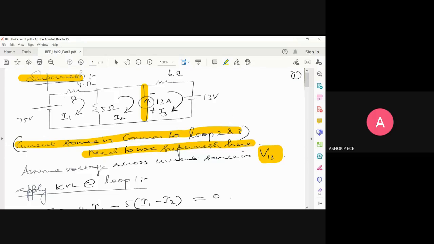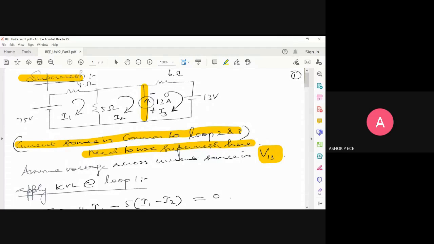When you write the Kirchhoff voltage law equation in loops 1, 2, and 3, you need to have either the resistance value or voltage value and the current circulating. But in the second and third loops, you have current circulating as I2 and I3, but additionally you have the 13 amp current also. So for that, I'm assuming the 13 amp current source to have a potential of V13, with polarity plus at the bottom and minus at the top.